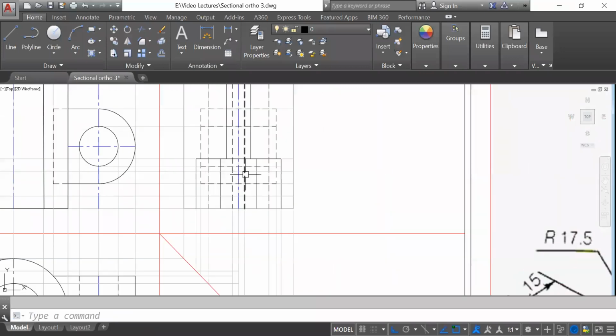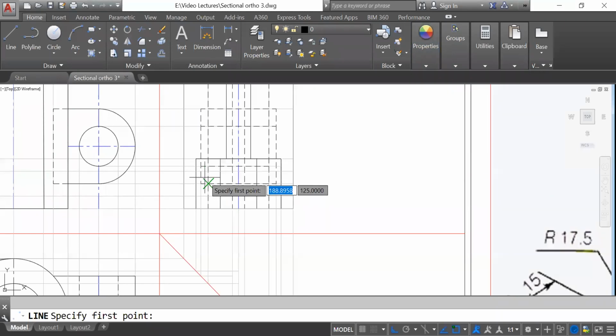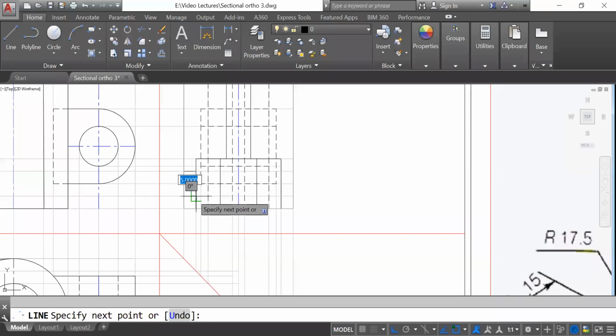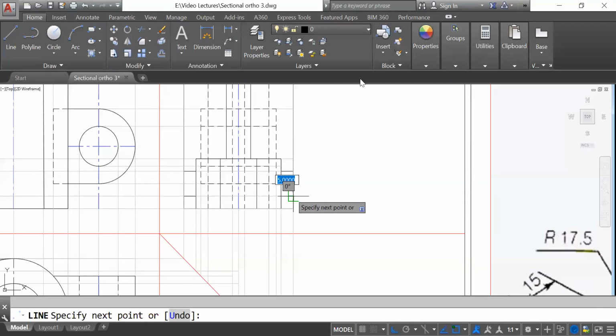Okay, so what we have to show, only this part we have to show as a dark line. Why? Because this is visible from the side. This to this, this to this, then this to this to this. Okay.